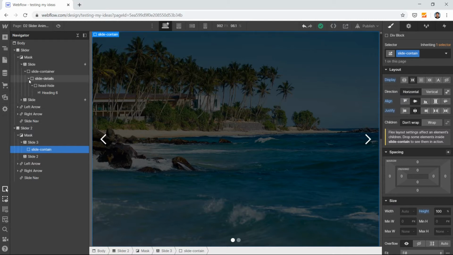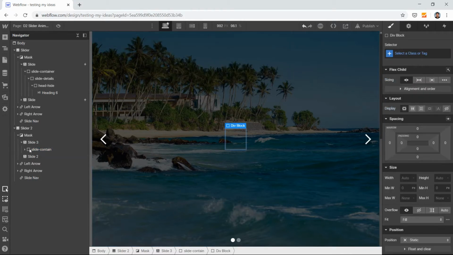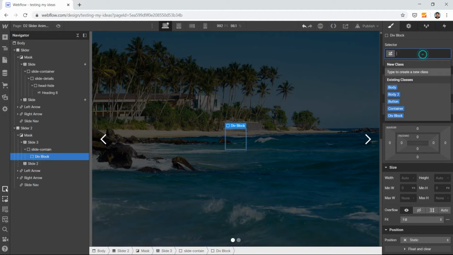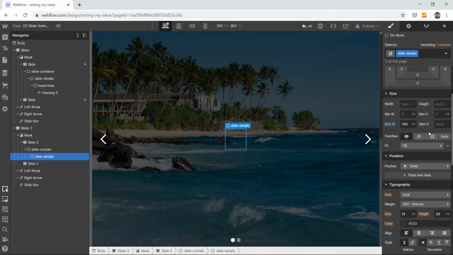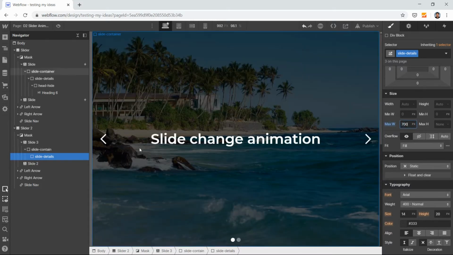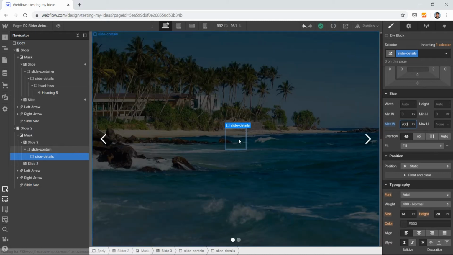Good. So I'm going to copy these slide details class, so we can finish this video early. Slide details, there was nothing, I just gave it a maximum width of 700 pixels so that our content in the slider doesn't extend, right?